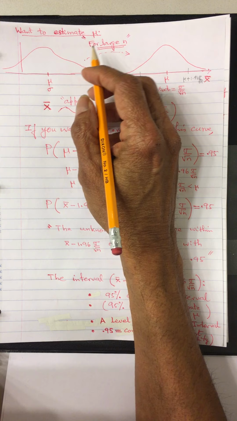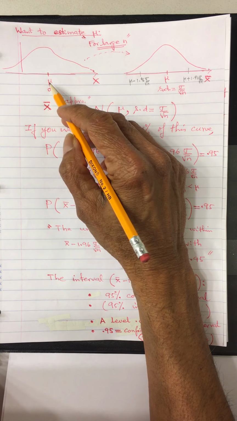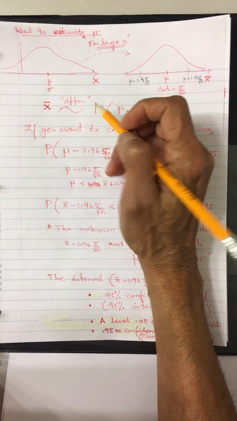We want to estimate mu. So this is the continuation from the previous video. This is the population with mean mu and sigma. We already know that x bar is going to follow this nice normal curve, based on a large sample. If you are dealing with a large sample, from the central limit theorem, x bar will follow